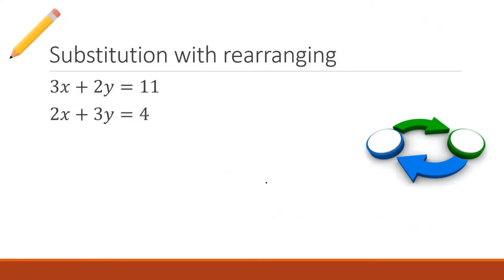There's sort of one extra type, which is called substitution with rearranging. Now, this is a rare one that you wouldn't normally do. In fact, there are a lot of other better ways to solve this problem than what I'm going to show you. But I'm going to show you just so that we know that it is doable. I'm going to warn you though, it will get ugly. But you know, that's okay. You can't make an omelet without breaking a few eggs.